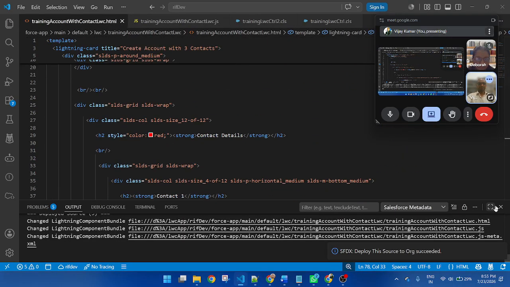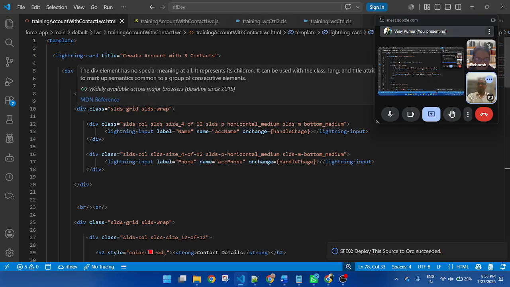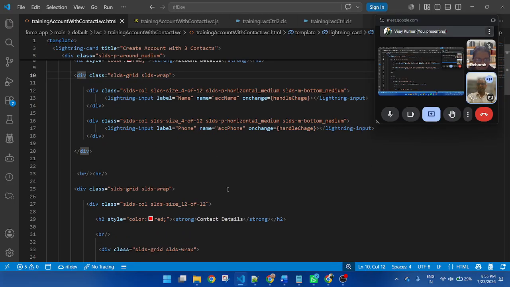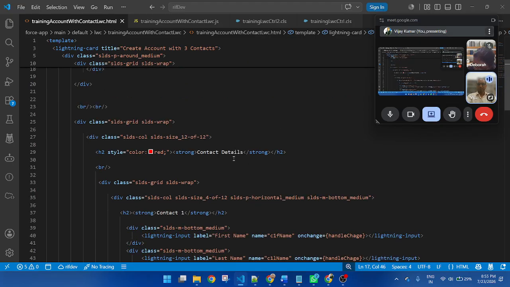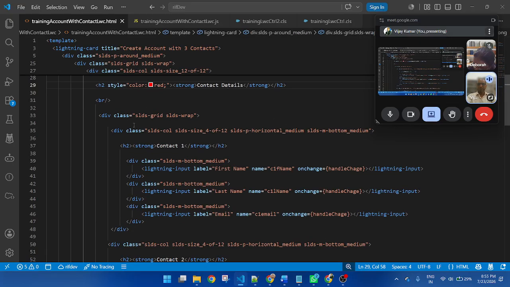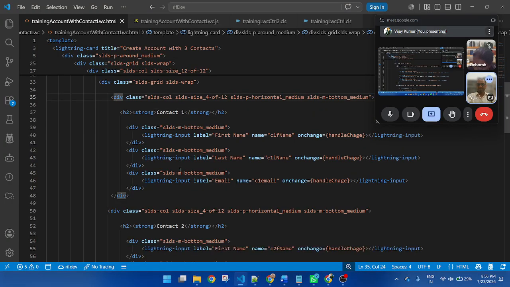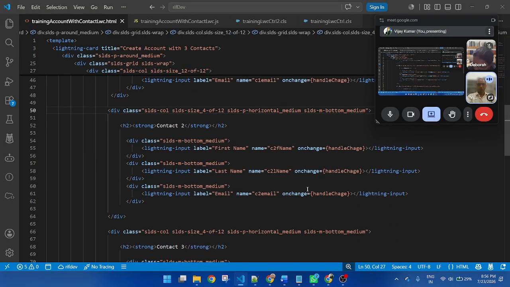So this is my component. In this component, I created two sections. This is the first section for the account detail. In this account detail, I created two input fields, name and phone. And this is the list of the contact detail. In this contact detail, I created three contacts. This is the first column, contact 1. This is the second column, contact 2.